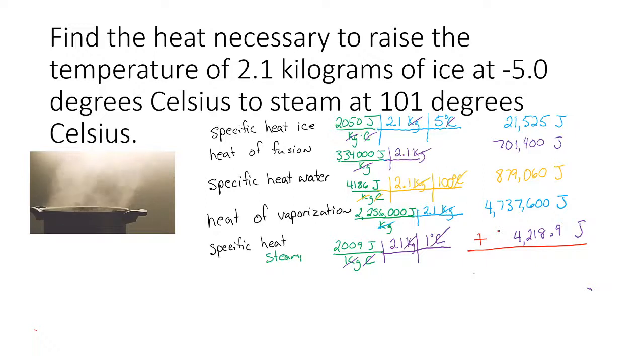So I'll take 4,218.9. I'll add 4,733,600, and I'll add 879,060, and I'll add 701,400, and then I'll add 21,525 to get a grand total of